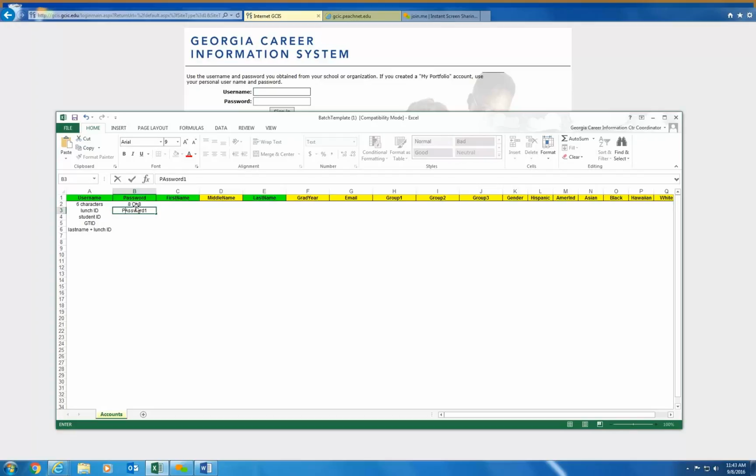Some are electing to use mascot plus a number. So since I'm at Georgia State, we're Panthers. And you can do it with the graduation year if you want to. Some are electing, I saw a really unique one recently where it's the capital first initial, lowercase last initial, and birth date.